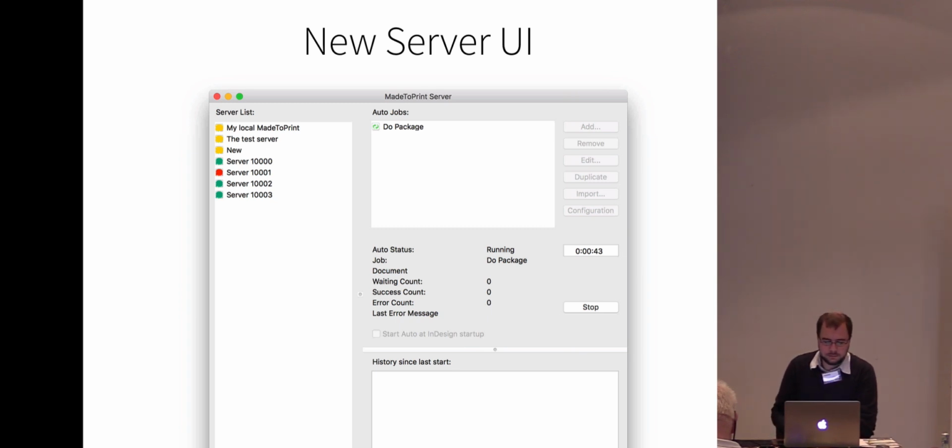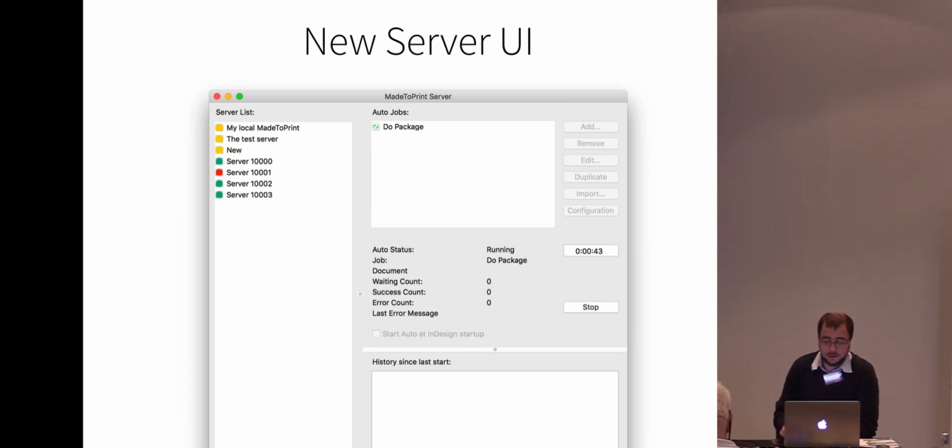So we have better control over what we want to do and what we need to do, and the connection to the server is pretty good, faster and more reliable for the UI itself. The goal is that the server UI will become a real control center where you can do lots of stuff, and that's now possible with the new